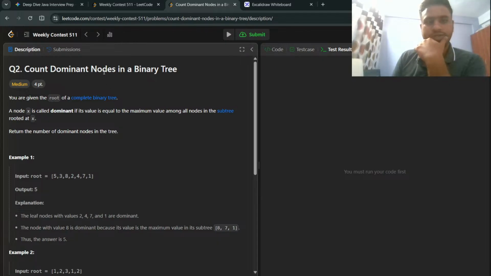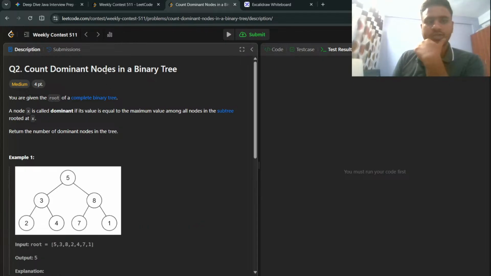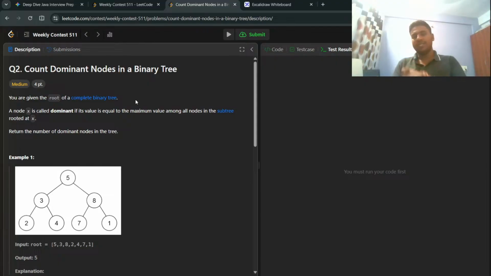Some dominant nodes in a binary tree. Let's see, we have a binary tree question. I hope you guys understand after seeing this question. So you are given the root of the complete binary tree. So basically, I'm going to tell about what is a complete binary tree. So in the complete binary tree,